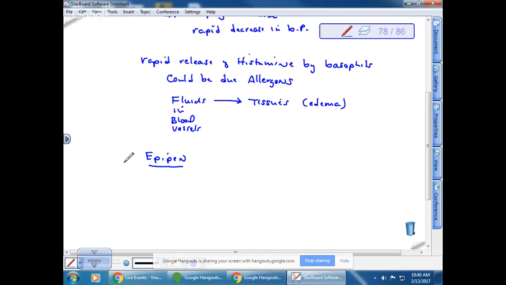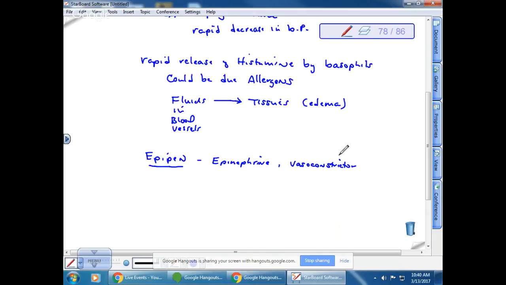Okay, so EpiPen is epinephrine. So it is just a shot of epinephrine that you usually put into the thigh of the individual, like if it's a baby and they go into anaphylactic shock, right? And so what does epinephrine do? We just learned vasoconstrictor. So it causes a decrease in the diameter and it boosts blood pressure. So it vasoconstricts. Okay.